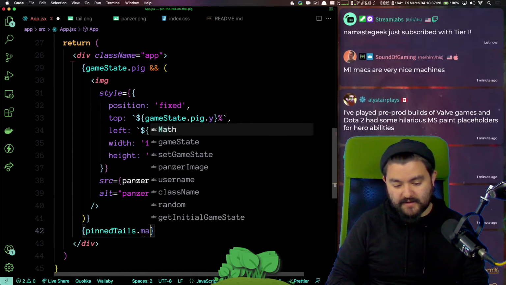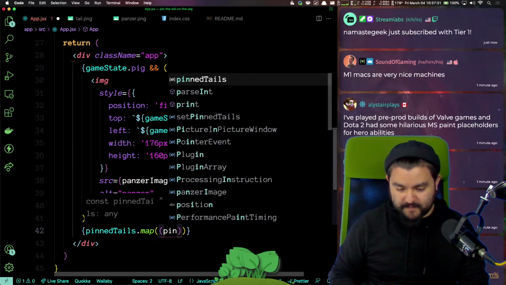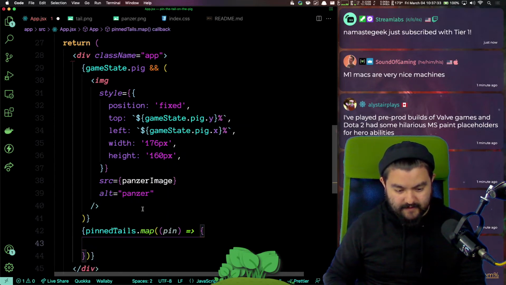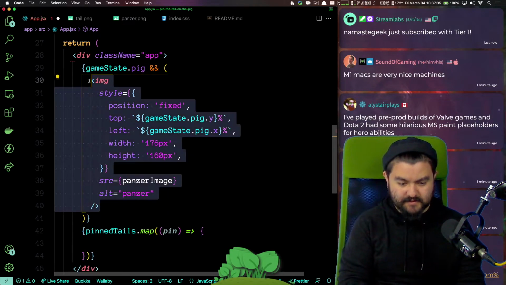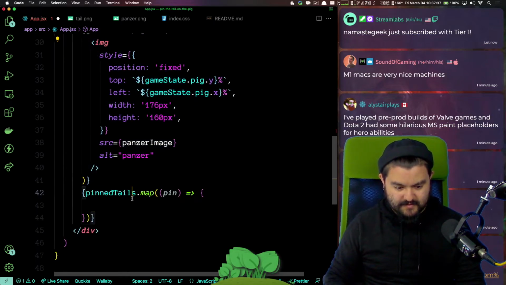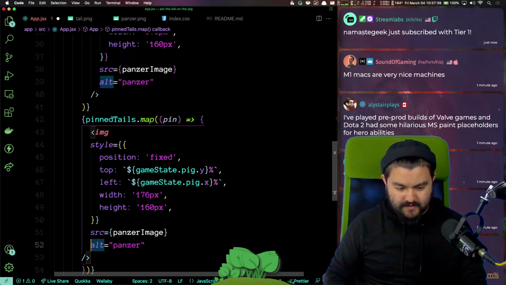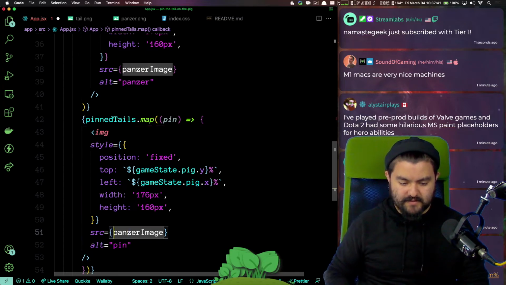So we'll map. That's going to give us the pin. And then we do something like this. The alt text is just pin. The source is going to be the pin image, or the tail image.